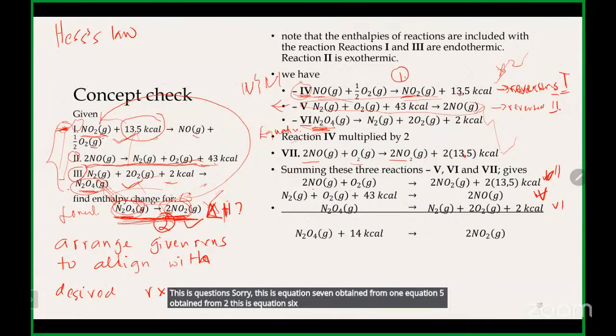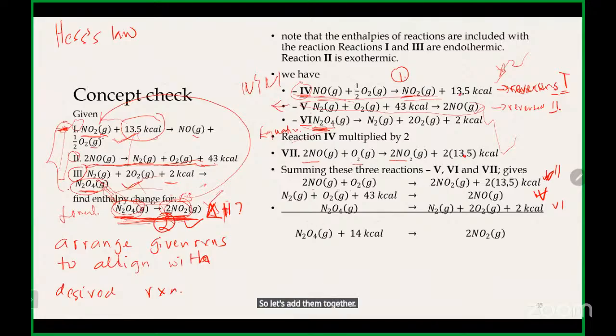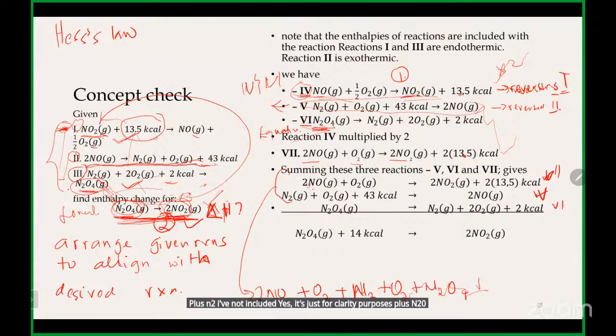So let's add them together. If you add all this together, let me write it out here. You would have 2NO plus O2 plus N2. I have not included their state just for clarity purposes, plus N2O4 plus 43 going to